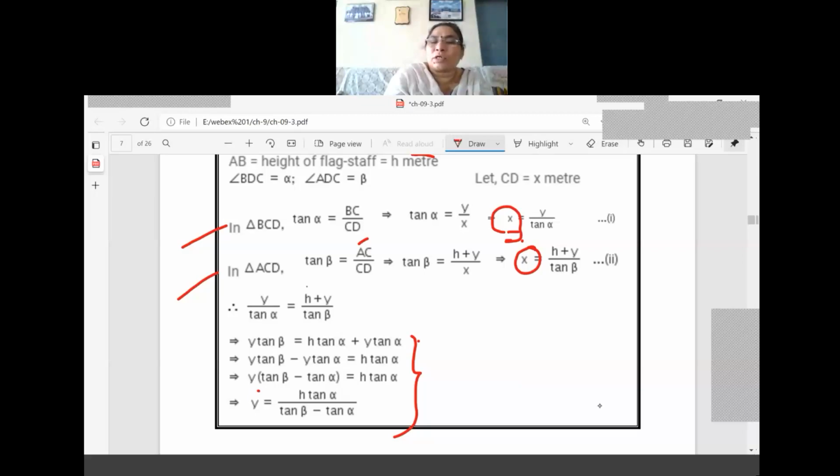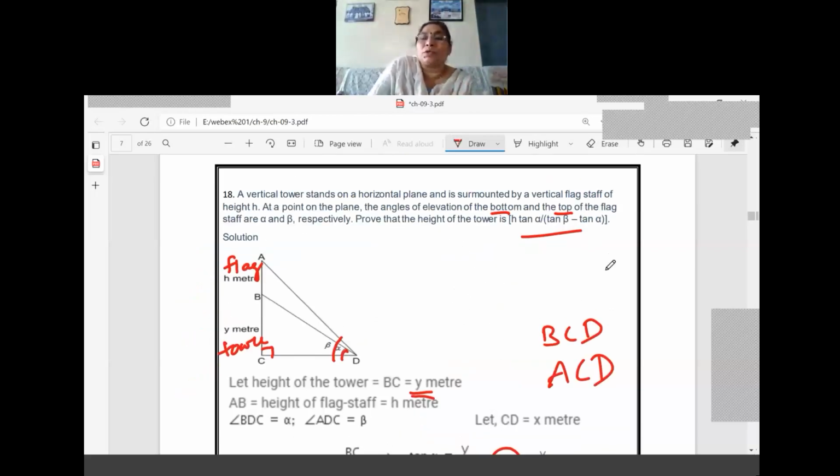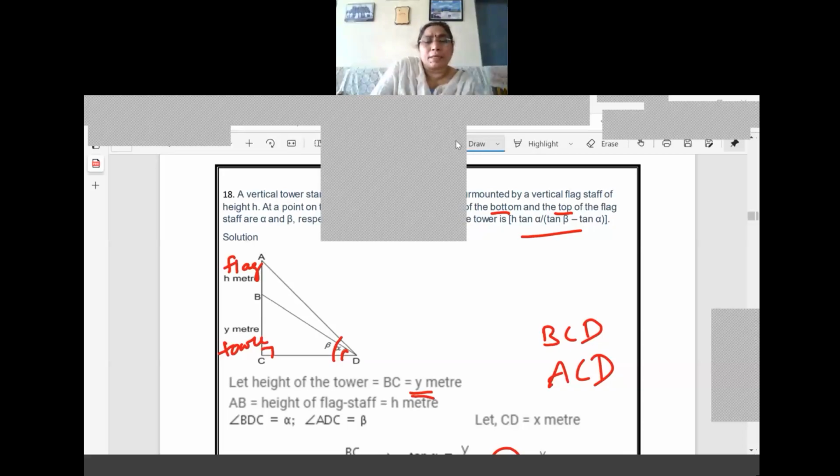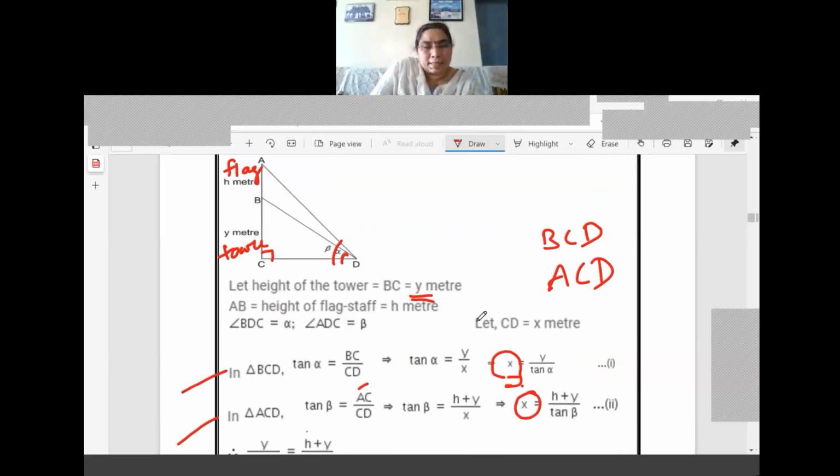This part I think needs no explanation, because it's just a cross multiplication and bringing the terms which we require, y only. So for y we are writing the equations. You will see the terms, then you will get how to do this type of question. Already we have applied these in the numerical part, the same rule only. We have to draw the diagram correctly, and from this we go for the tan alpha and tan beta rule. You will get two right triangle rules, tan alpha and tan beta only.